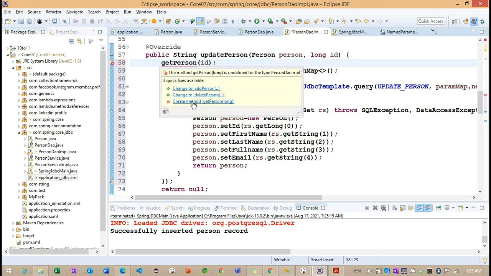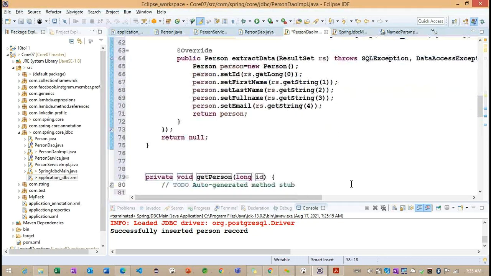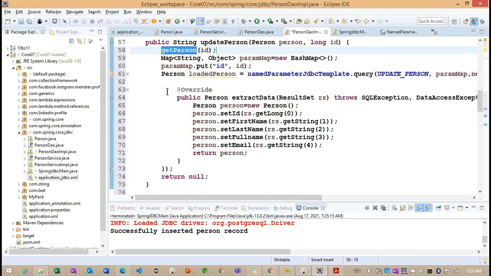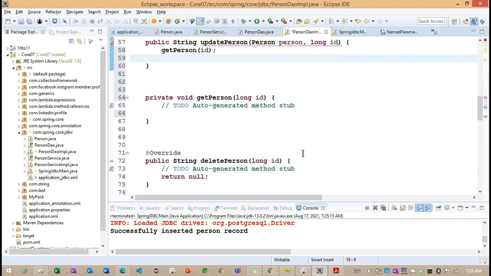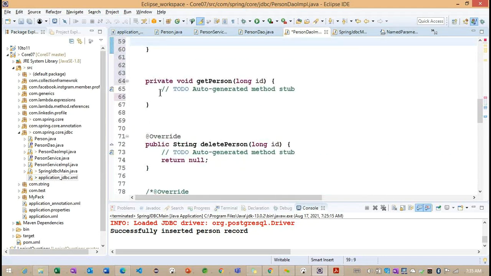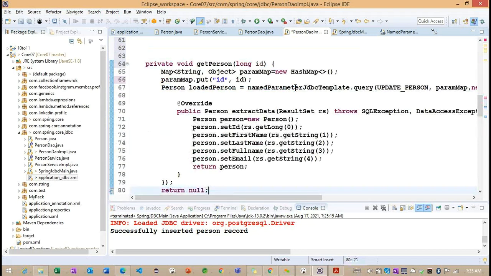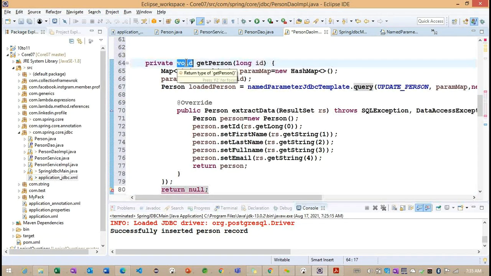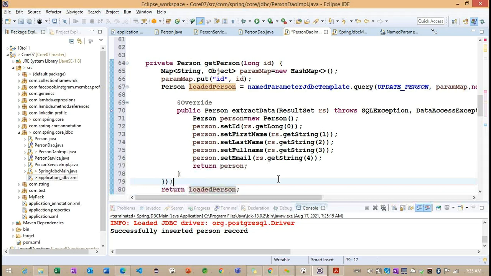Let me create a method. Now what I'm doing here is copying this section of code into this particular method. Call it.